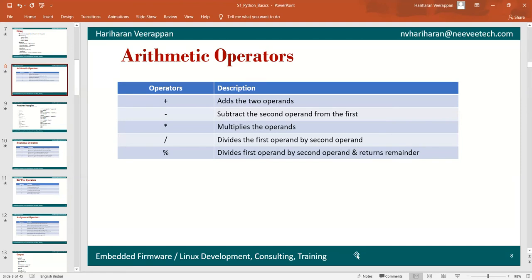And we have the modulus operator, which divides the first operand by the second operand and provides the remainder.